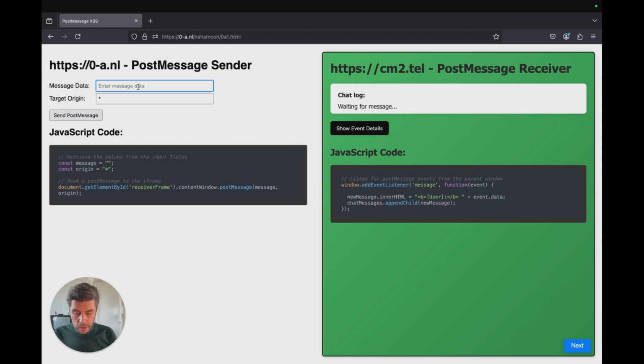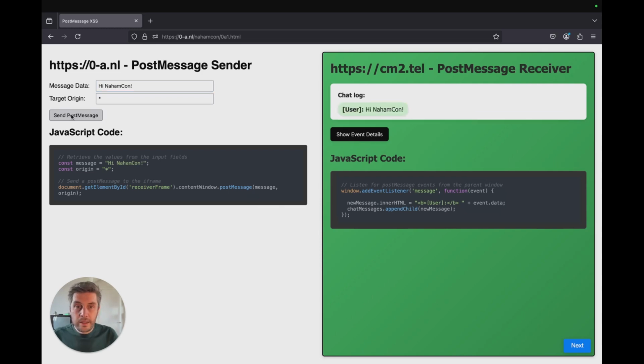So what we can do here, for example, is say hi Naham and click send, and you'll see that our message, our chat message, is displayed on the cm2.tel origin. So let's have a look a bit at origins. The funny thing about post messages, especially as a bug bounty hunter, is that there's only an origin check, you could say, at the sender half of the equation. So here you'll see we've set origin as a wildcard basically, which means it will be sent to any window within the DOM. But we could also set a